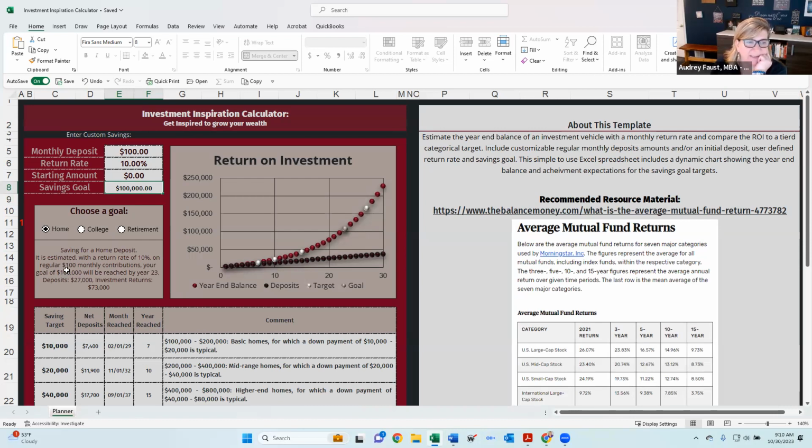So if I deposited $100 a month at a savings goal of 100,000, it would take me 23 years and only $27,000 in deposits. And then I would see a $73,000 rate of return.